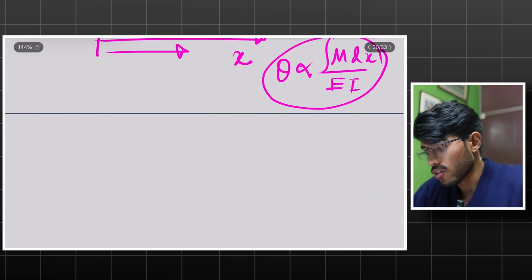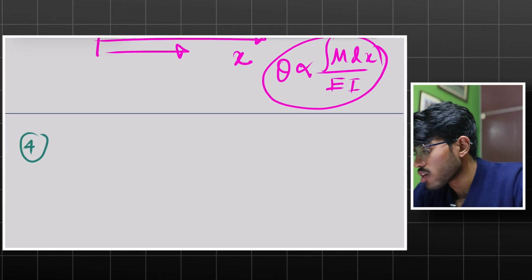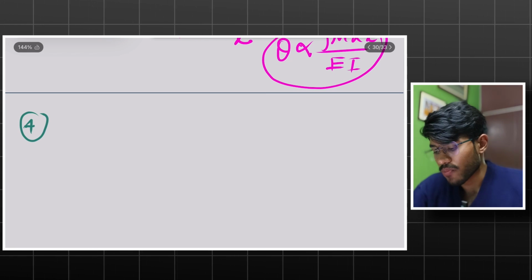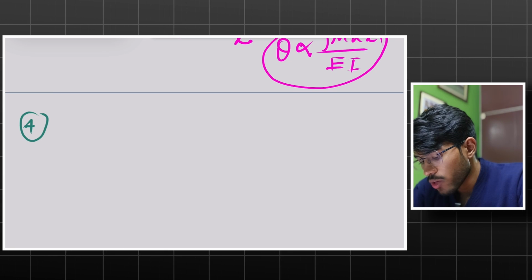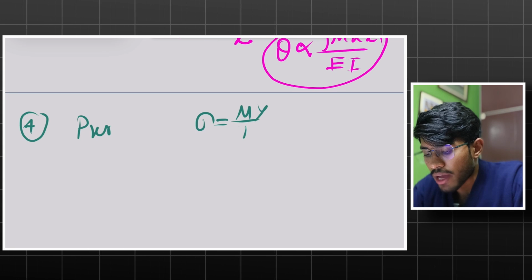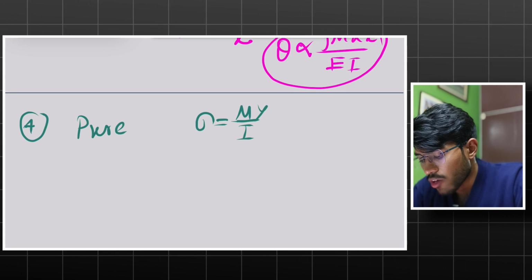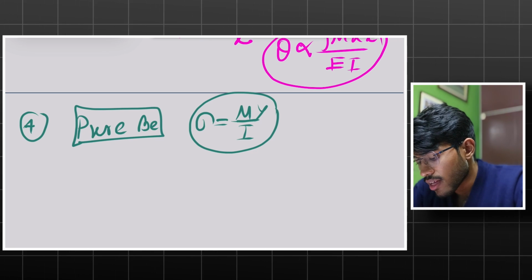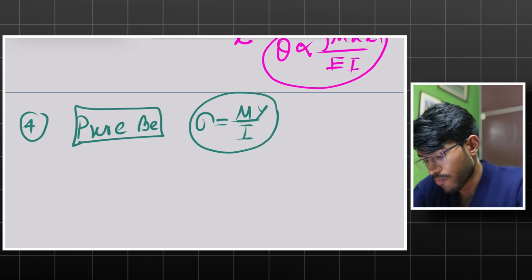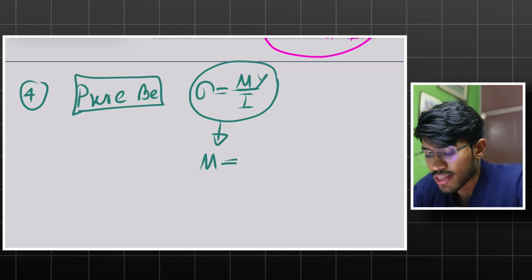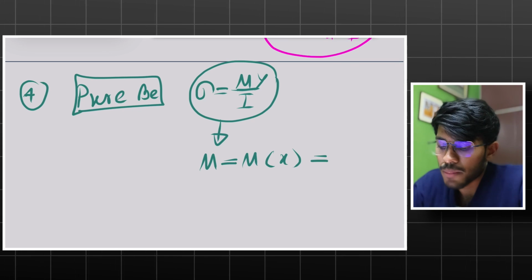Now, fourthly, I think I have actually noted down all the questions here. Finally, the last question: we say that we will apply the formula sigma is equal to M by I into y for pure bending, right? We say that this is valid if we take this assumption, but we also apply this formula when this M is a function of x, and maybe it is not a